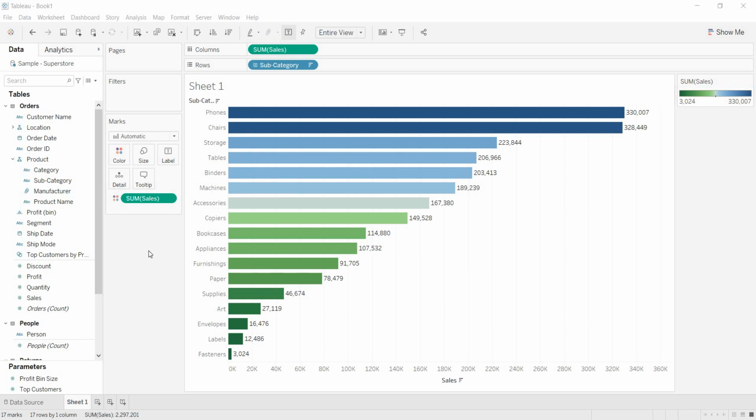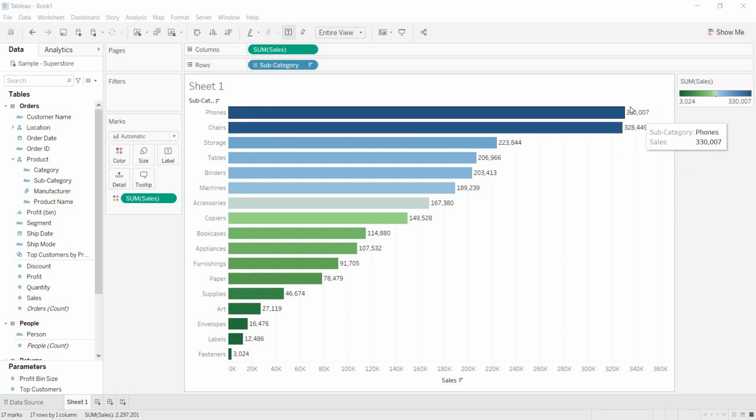Okay, now let us start from this marks card. What can we do in this marks card? First, we have seen that we can color the view. Even here you use this T to get the labels, right? Now here one more option is provided by Tableau to get the labels. See here, if you click on T, you get this metric value.